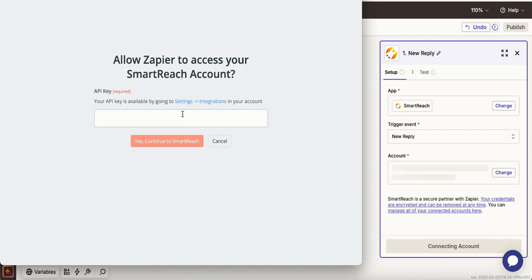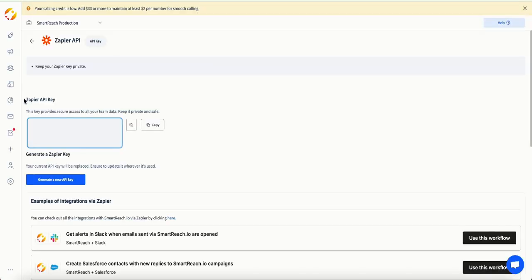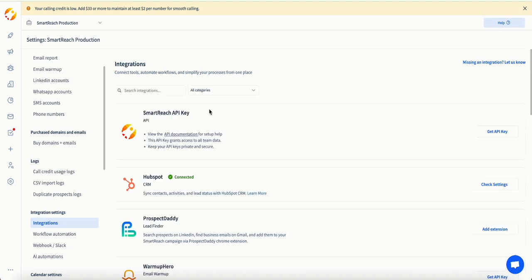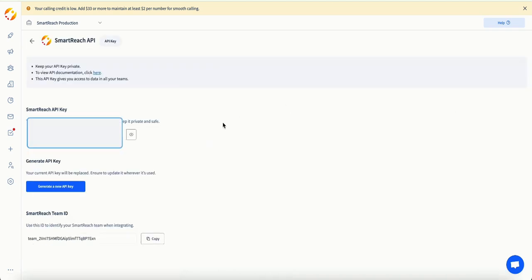Monday.com. To connect your Zapier account to SmartReach, simply go to your SmartReach dashboard, then navigate to Settings, click on Integrations, and select Zapier. There, you'll find your API key, which you can use to connect SmartReach with Zapier and